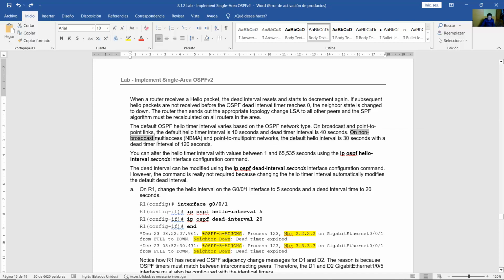On non-broadcast multi-access, NBMA, and point-to-multipoint networks, the default hello interval is 30 seconds with a dead timer interval of 120 seconds. You can alter the hello timer interval values between 1 and